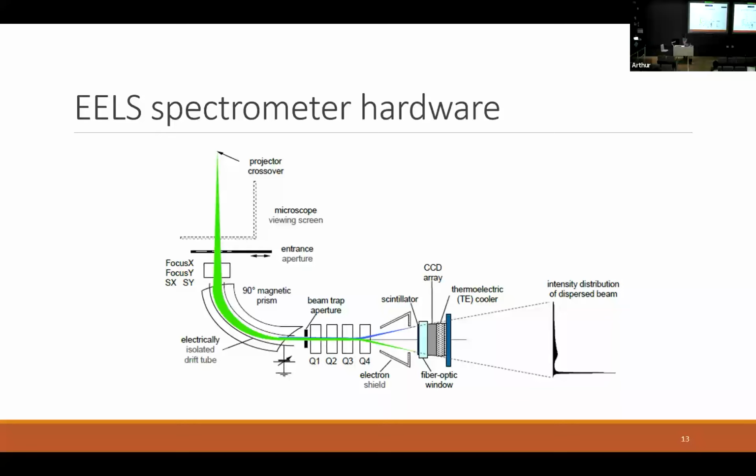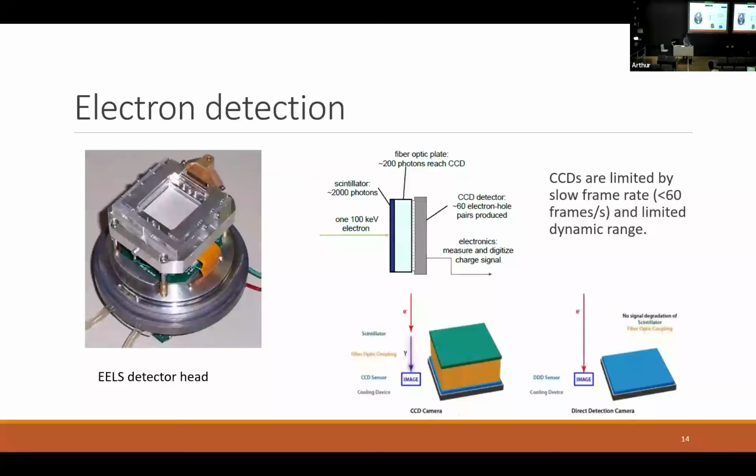The idea here is that electrons of different energy are going to be bent differently, depending on the incoming energy, in this rounded drift tube. So that's going to separate them out in space. Some of higher energy are going to be bent less than ones of lower energy. So we're going to have a spectrum here. Then we can project that onto a CCD, and it gives us something that looks like the cartoon I just showed, where this is your zero loss, and then here you have some more information coming along.